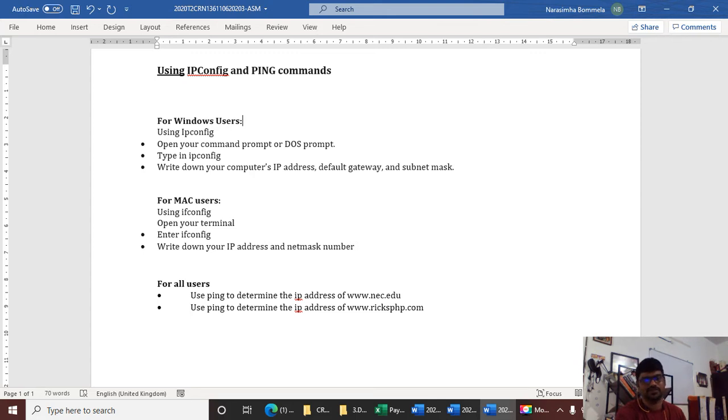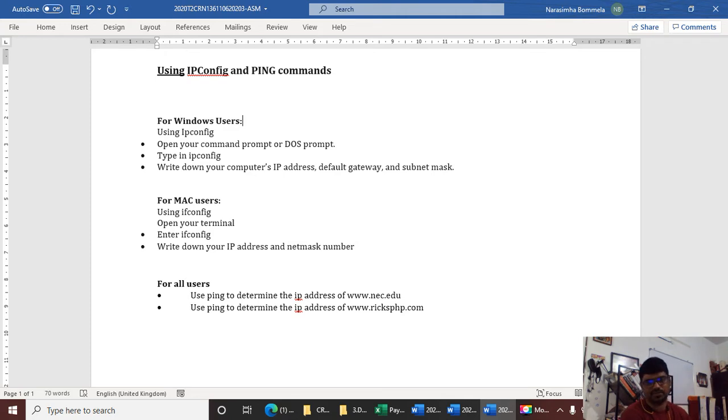If you check the document, it clearly asks to perform certain steps based on the type of computer you are using. We most often use Windows operating systems in India. So if you are using Windows, follow the first four steps. And if you are using an Apple Mac computer, then use the second four steps given under Mac users. As we are Windows users, let us start using ipconfig through the command prompt.